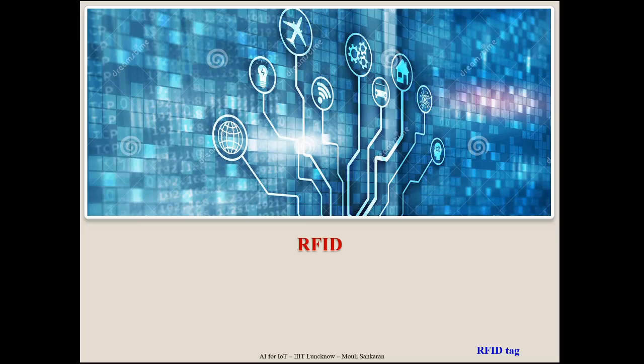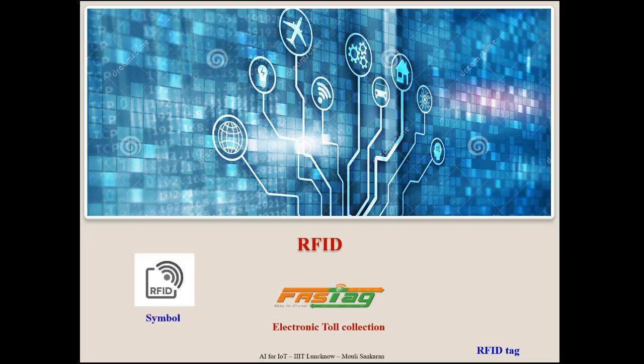Now what is RFID? RFID is a radio frequency identifier. In Bangalore, they have started already. On toll, we have to fit a FASTag on our car, and when you are passing by, it receives the signal from the toll gate. Cars have this FASTag, and the toll gate is transmitting some information by radio frequency, and